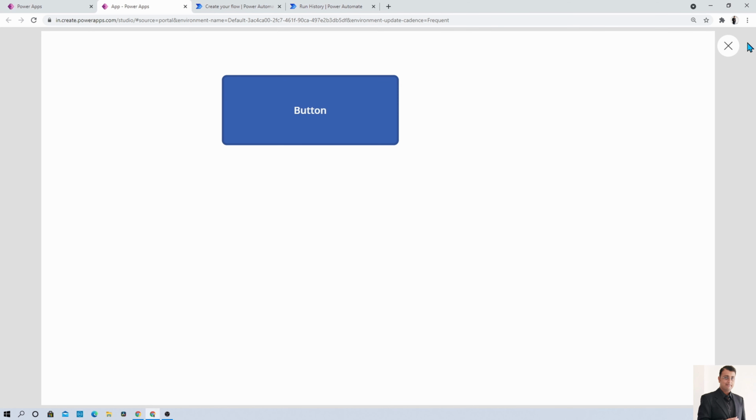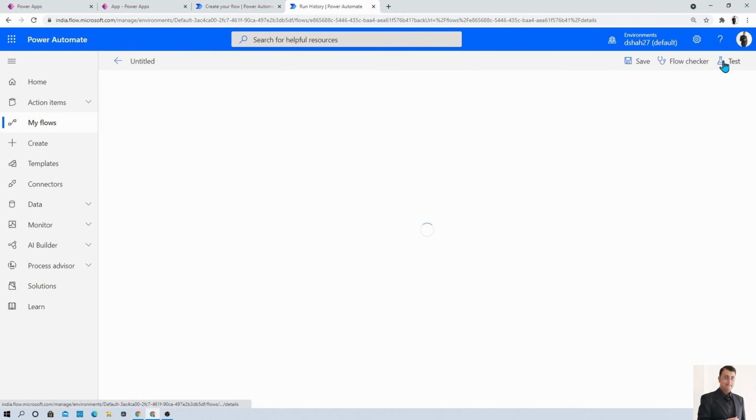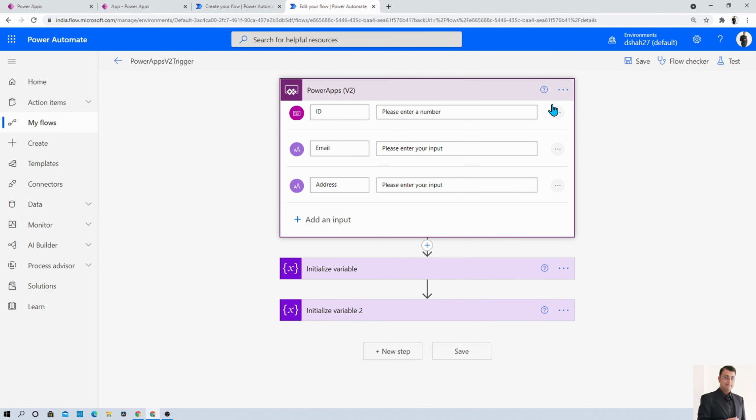So now if we conclude everything, first of all we discussed how we can add the input parameter with this Power Apps V2 trigger action. Then we connected our Power Automate flow with Power Apps and passed the required parameter from there. We also talked about the optional parameter as an input from the Power Apps trigger action, and we also checked how you can pass the optional parameter from your Power Apps to Power Automate, right? So this is a really cool and amazing feature. Hope this video helps you and values your time.